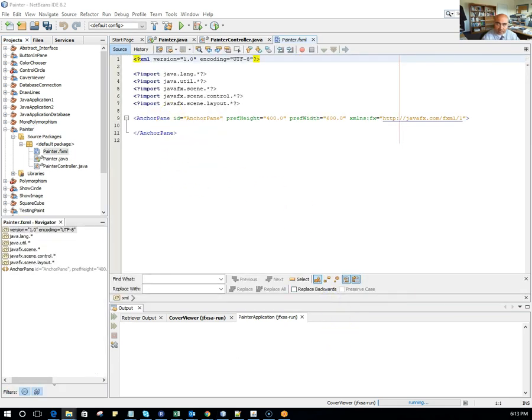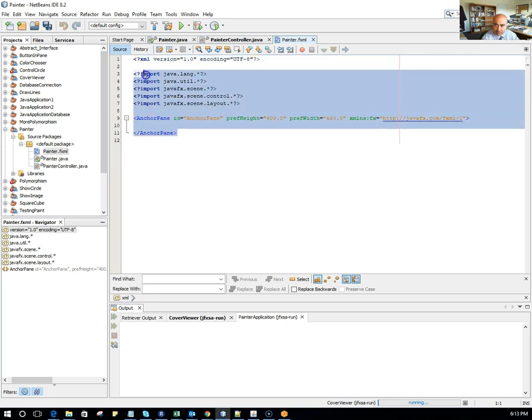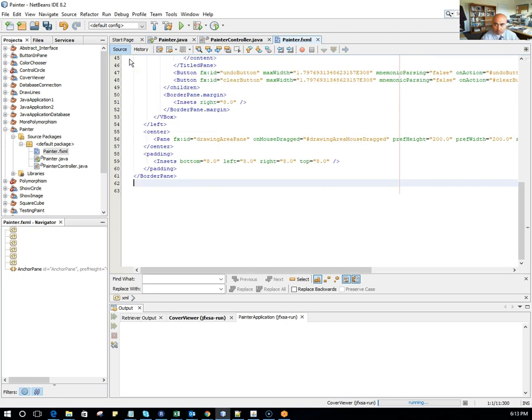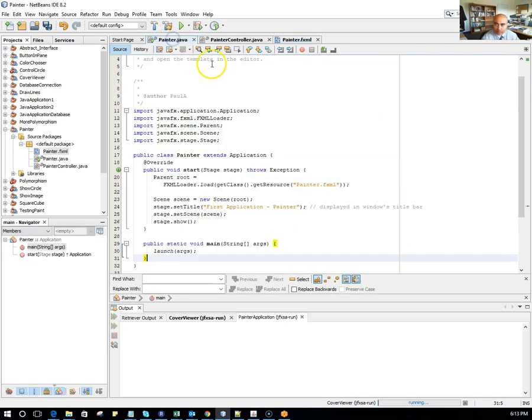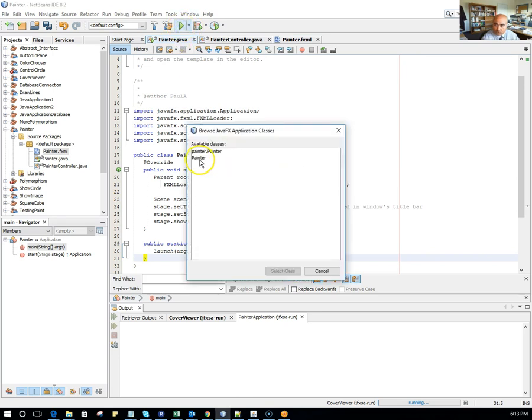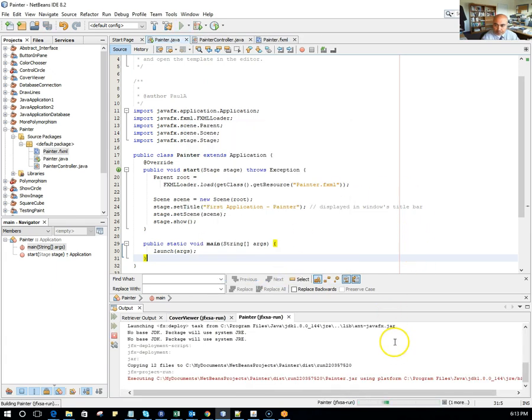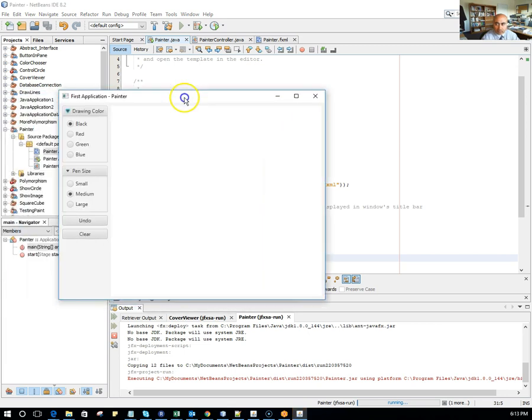Let me open my FXML. This is my controller that I had created, so I'm going to replace the code with my controller code right over here. Okay, so now let me go ahead and run my painter. If I say this is what I'm going to use, and if I run it, here is my